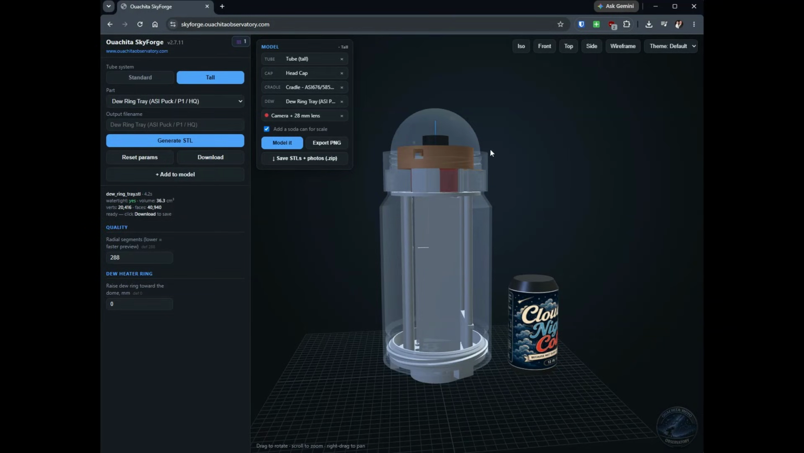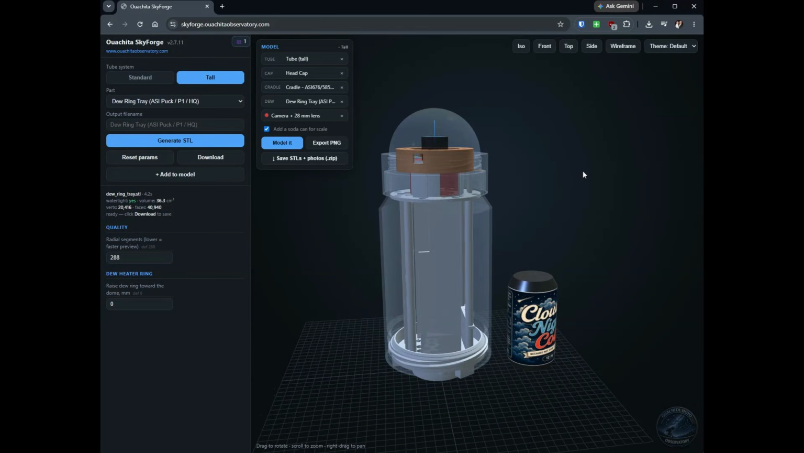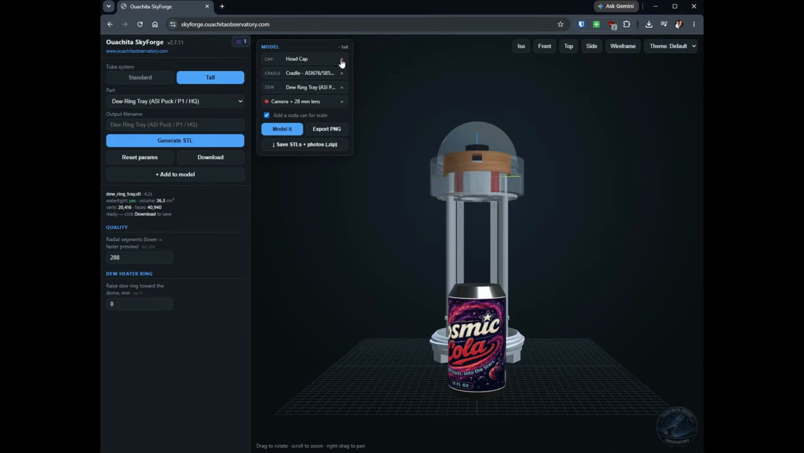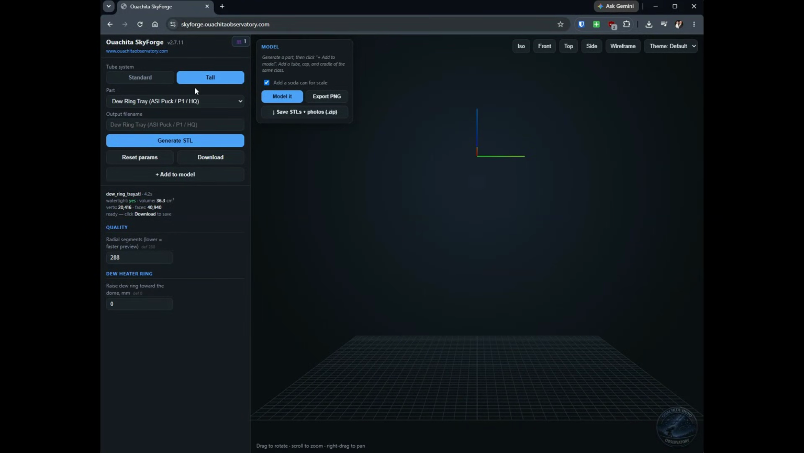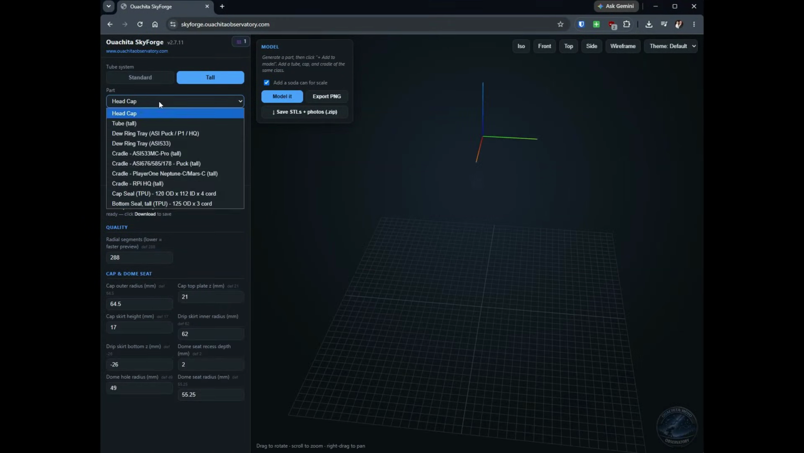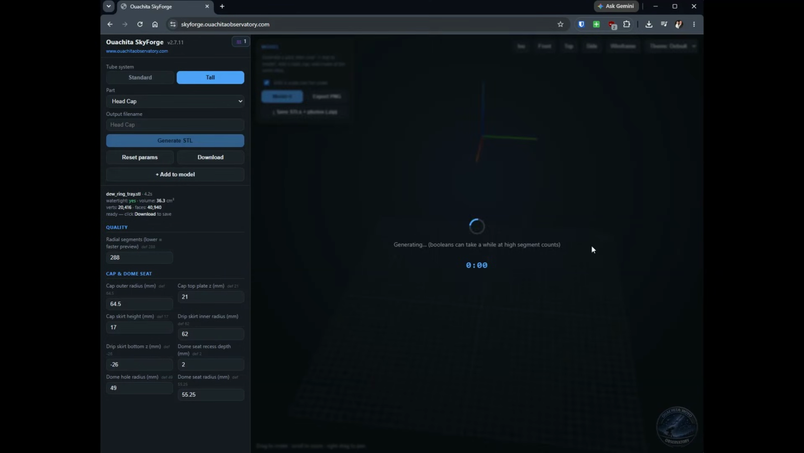Now, one thing I do want to cover in a little bit more detail. I wanted to get past all the stuff that you may be interested in at the beginning, but I want to talk about how you can customize different components. So let's go ahead and clear these out. Now let's say you have a specific type of dome that is not the default size. So if we go to our head cap, generate the STL,